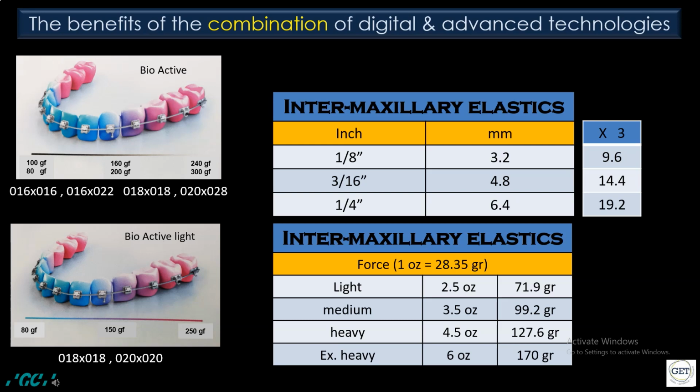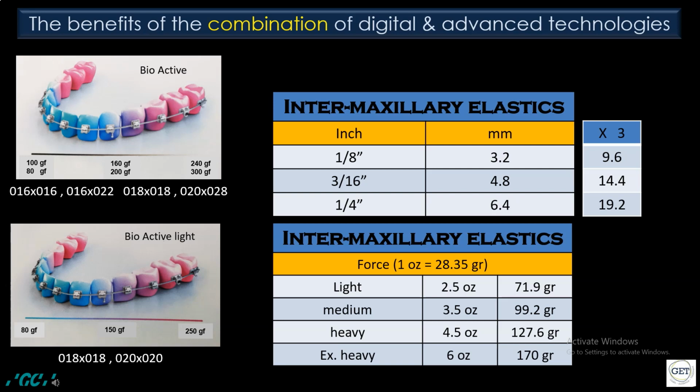Choosing the correct size of elastics must be done knowing the distance between the 2 points of elastic application. The average distance between the upper canine and the lower first molar is about 20 to 21 millimeters, respectively matching the quarter-inch elastic. The BioEdge or the bioactive can withstand these forces without deformation,